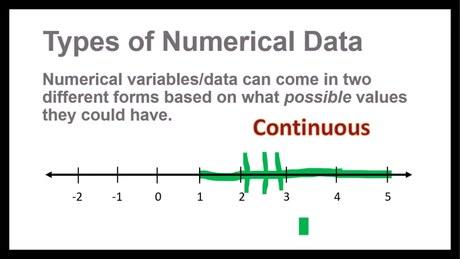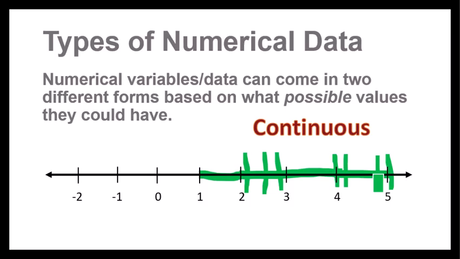Now I do want to emphasize the possible value here, because we don't have to have every possible value, and in fact we won't with continuous data because there's an infinite number of possibilities in any range on the number line. But these are going to tend to be measurement types of variables. That could be a length, or the wait time for a bus in minutes. Maybe I'm waiting 4 minutes, maybe I'm waiting 5 minutes, but maybe I'm waiting just over 4 minutes or just under 5 minutes. That kind of possible precision in the variable is what makes it continuous.